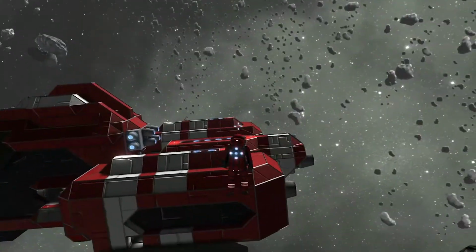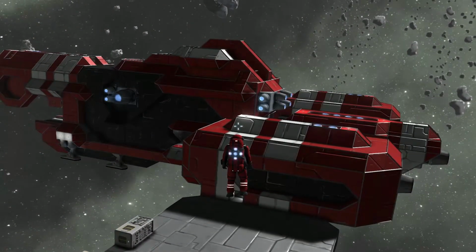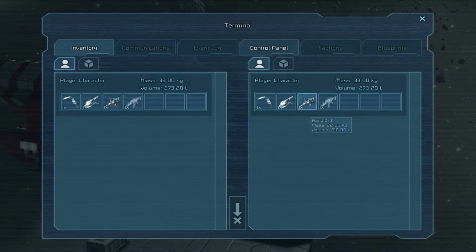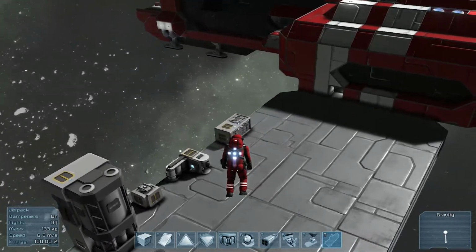One of the main ones is they've added an inventory system. If you press the K button, I guess I can pull up the screen here. If you pull up the K button, you can see the inventory of your player character, and if you were interacting with an object that had an inventory...